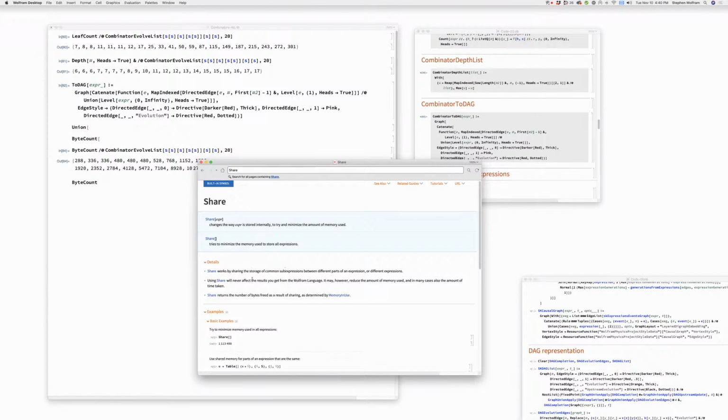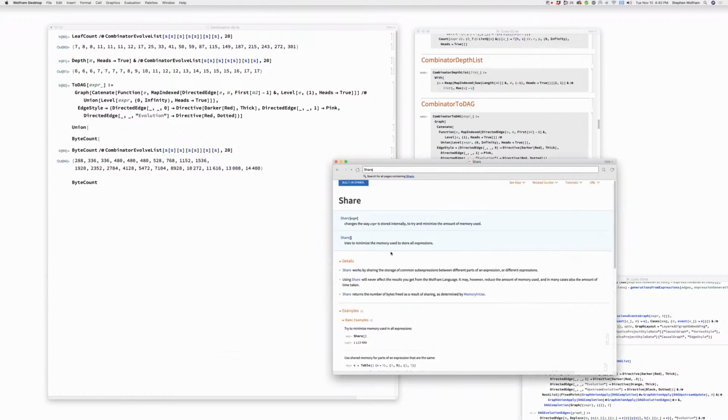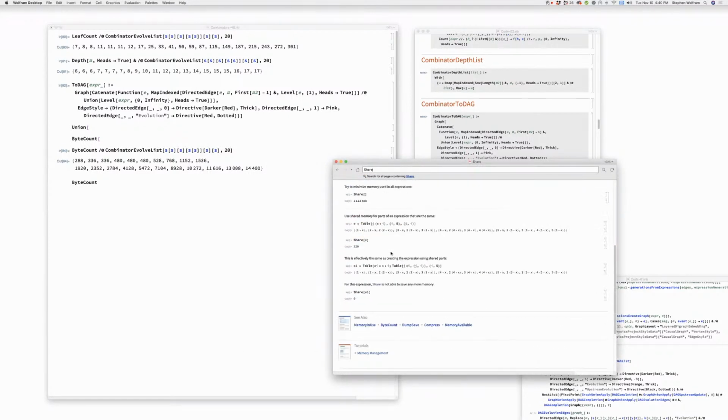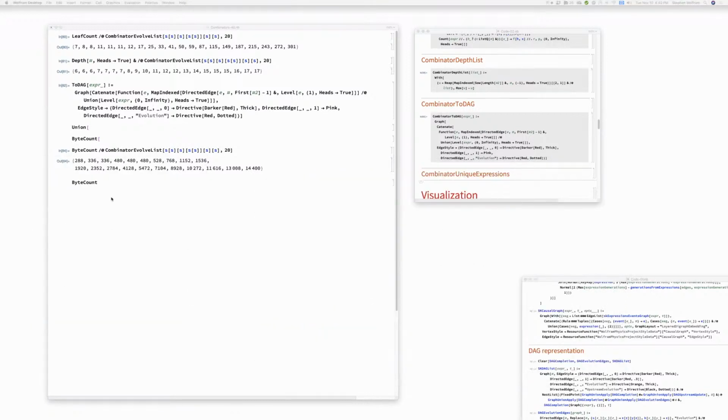I mean, share. Okay, so let's look at this. I mean, share. I don't know whether share. I mean, if I run share, well, okay, I don't think we're going to be able to solve this problem right now. But this is